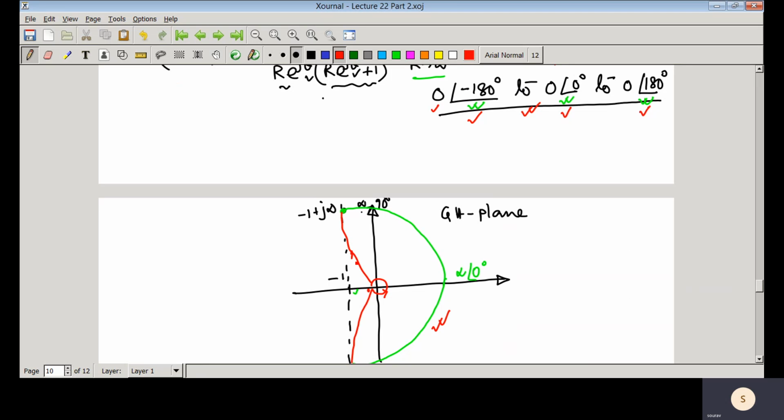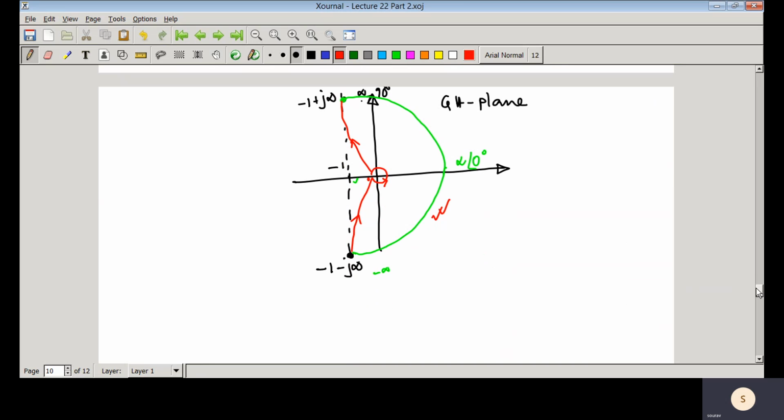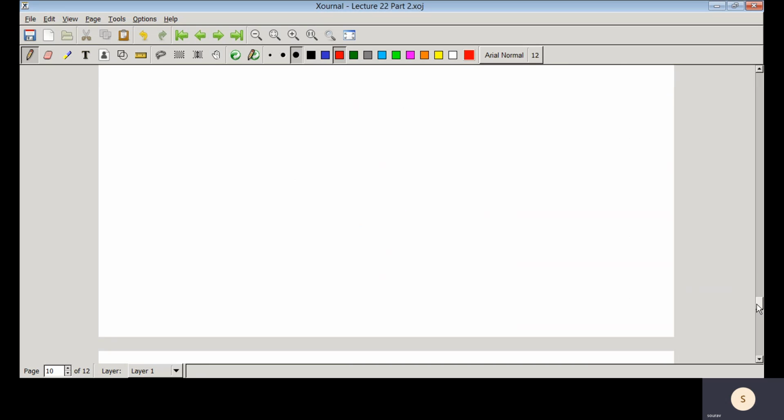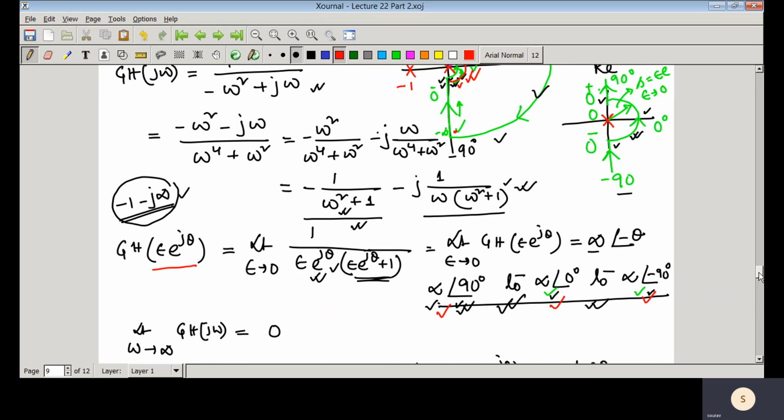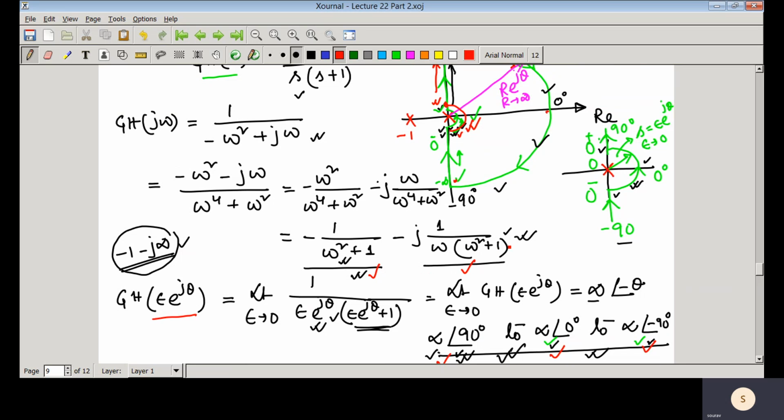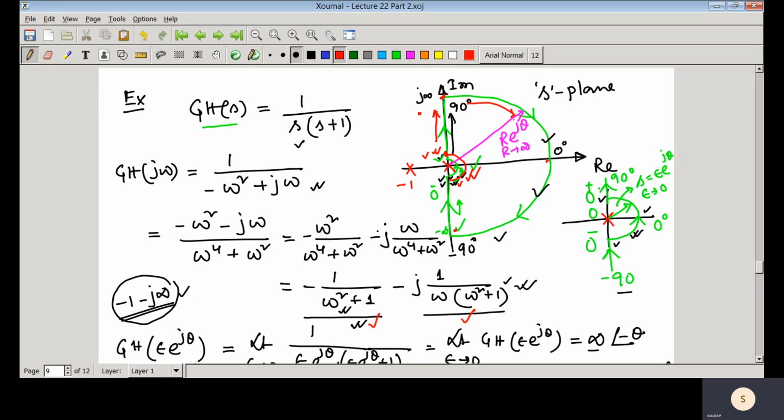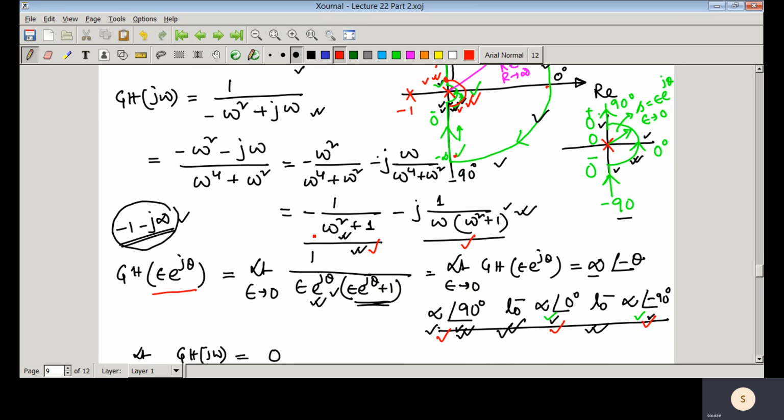So then you can see that whenever this particular Nyquist plot is moving from this particular point to that 0, then it may cross this axis, or this axis. But that can be analyzed just by looking at this particular expression. So there is no other frequencies in between 0 and infinity where the real part would be equal to 0.